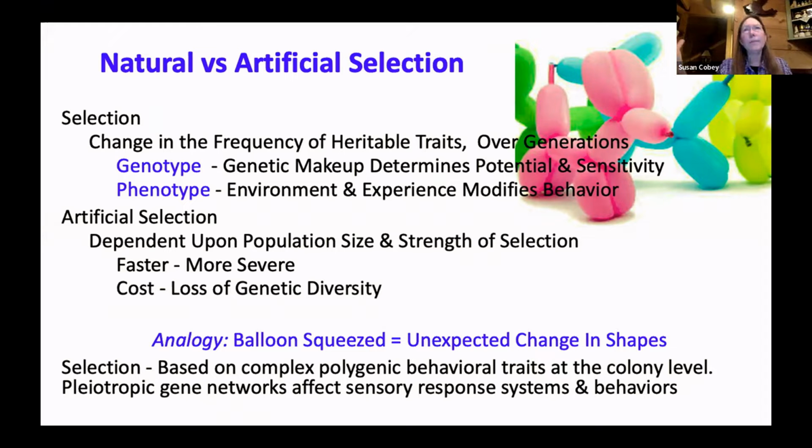So our goal as bee breeders is we do artificial selection. And how fast or slow you can do that depends on the population size. The bigger the population, the slower your selection is going to be. The strength of your selection, what I mean by that, is how tightly you do that selection process. For example, in my program,